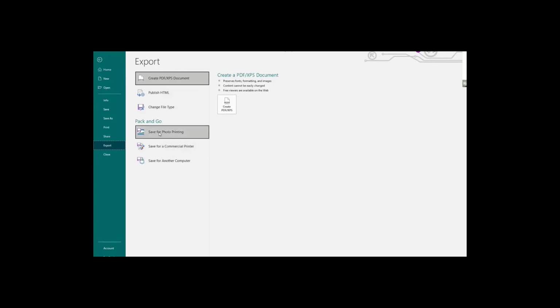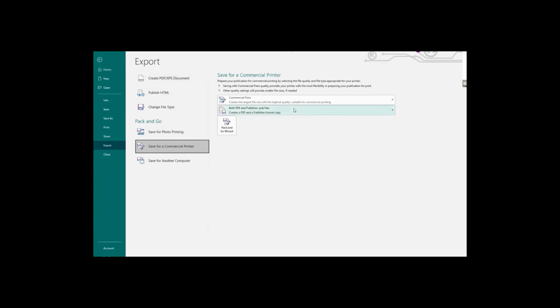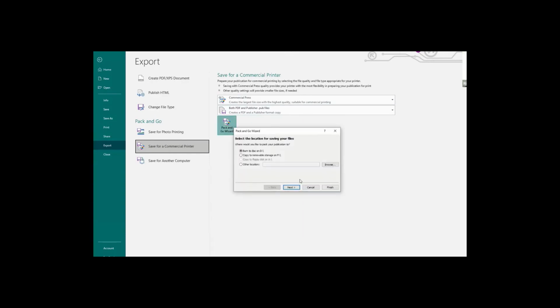So either this one or that one will work fine. So we're gonna say save for commercial printer, and then pack and go wizard. So you click on pack and go wizard. And what this does, it creates a PDF. So that's what the commercial printing do. So pack and go, click,